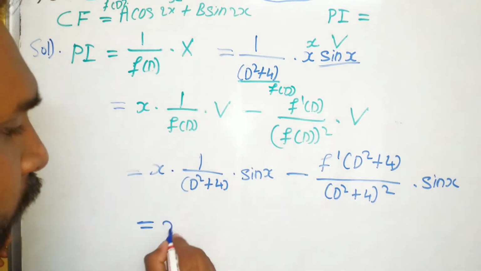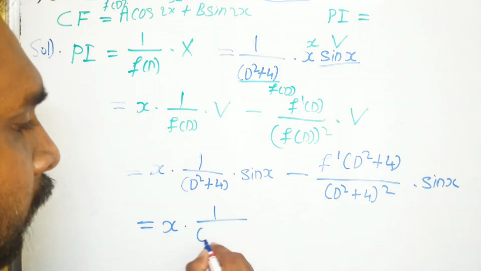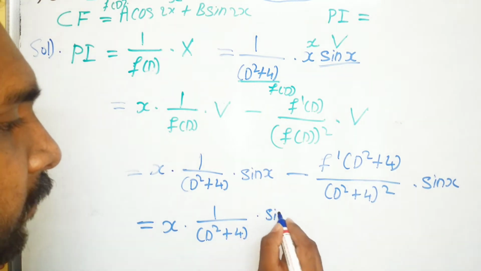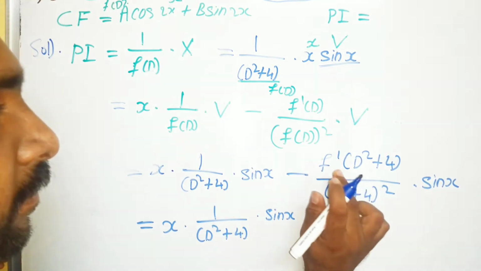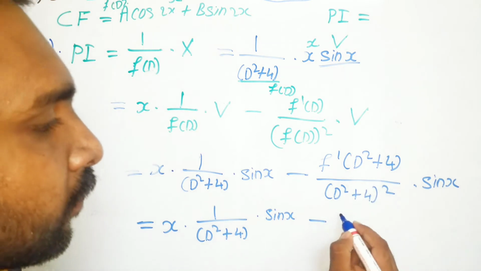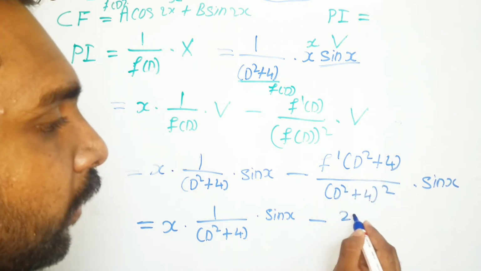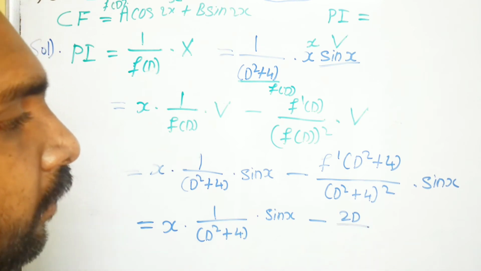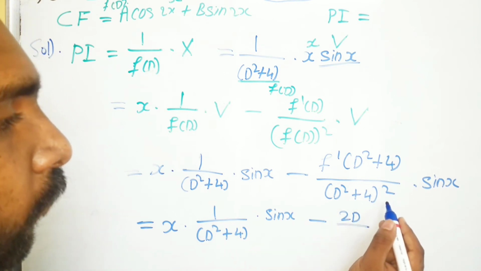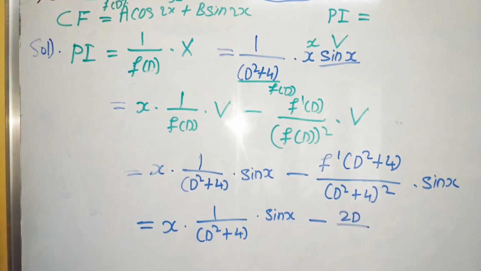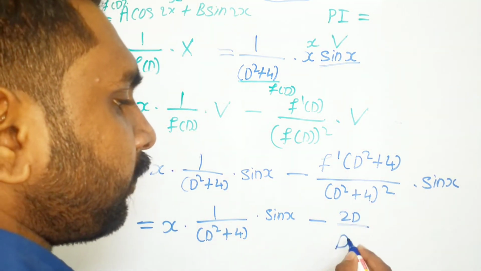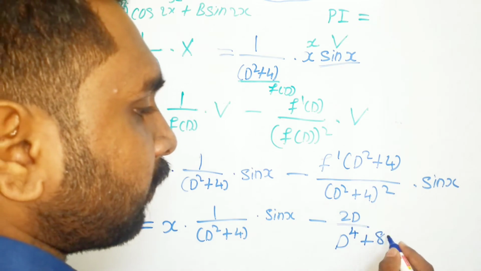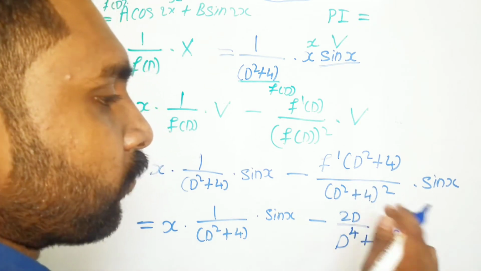That is equal to x into 1 by D square plus 4 into sin x minus f dash of D. D square becomes 2D and 4 becomes 0. So 2D by D square plus 4 whole square. This is in the format of a plus b whole square. So applying the formula, I will get D to the power of 4 plus 2 4s are 8 into D square, 8D square plus 4 square 16